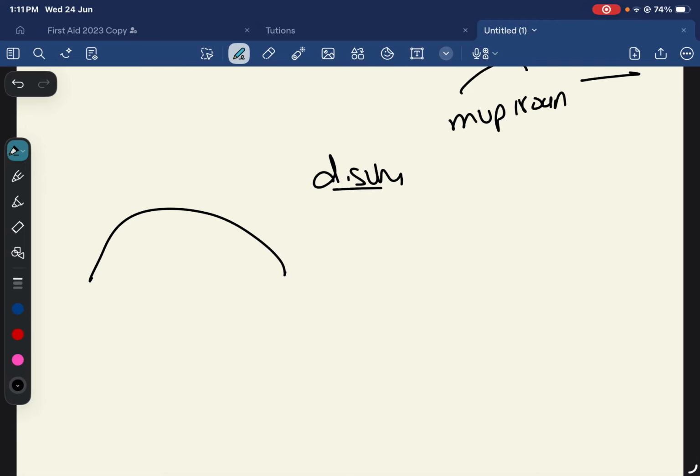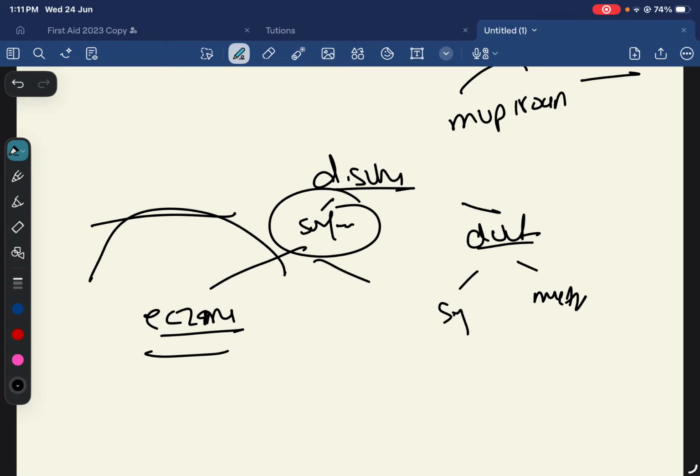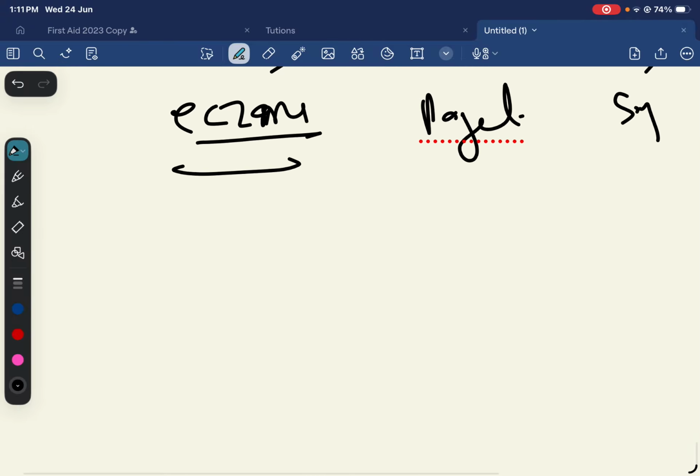So we have two types of discharge from the breast: either from the surface or from the duct. The duct could be a single duct or multiple ducts, which we will discuss later. But if it is from the surface, then two things come up: eczema and Paget disease. Okay. Now in eczema, it is generally rashes, and many rashes form over the breast.